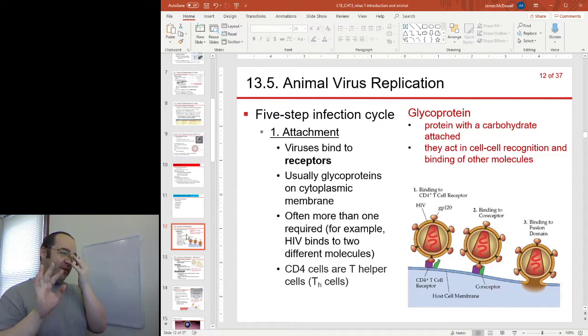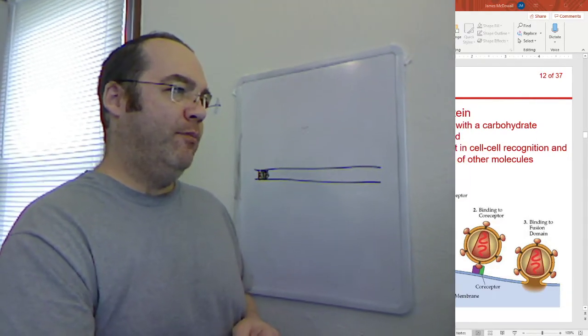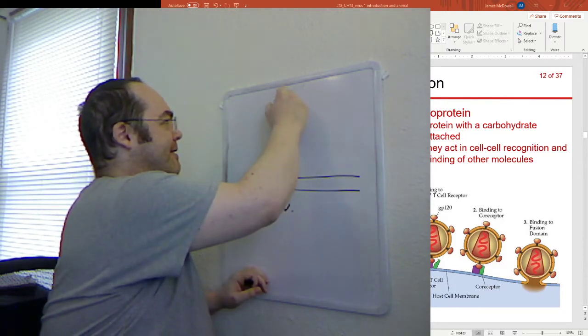Shape matching is something we've looked at before in lots of instances, and it's very important in the way that viruses work. Our cells in our body have all kinds of things on them. So on the outer surface of our cells we have our lipid membrane, our lipid bilayer. I won't draw the entire bilayer, but also on the surface of our cells, this is inside the cell, this is outside the cell,